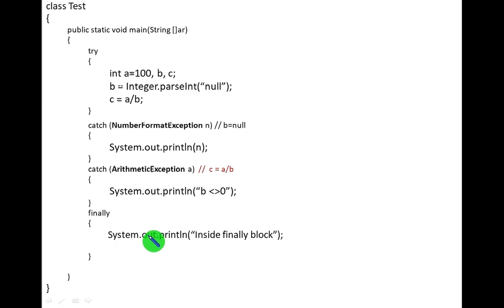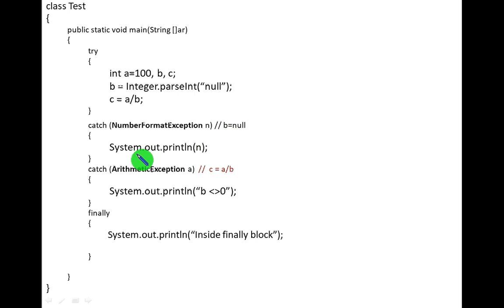Now we are going to see the finally block. As we discussed earlier, in case of a finally block, no need to pass any class object as an argument. NumberFormatException is raised only when this statement is executed.